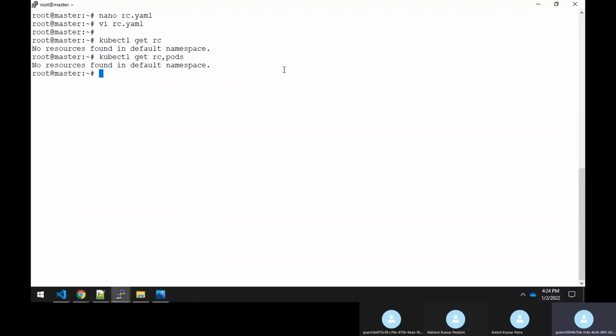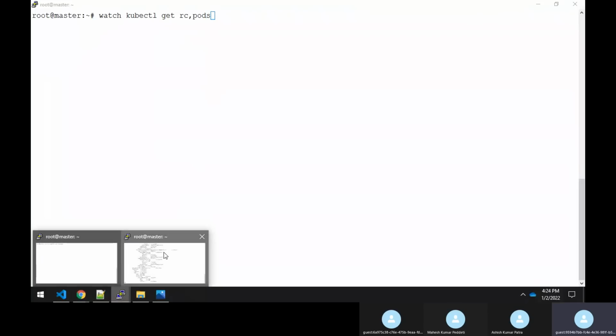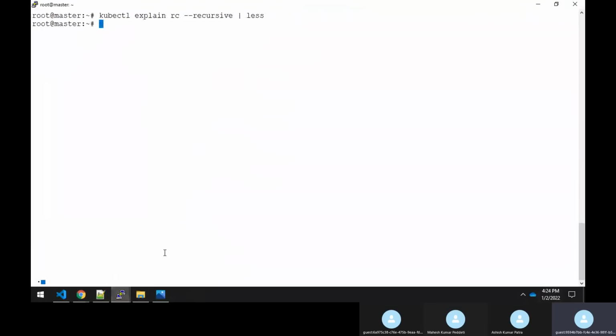Now I will keep a watch on kubectl get rc,pods. Now I have the rc.yaml file, so let me say kubectl apply -f rc.yaml.